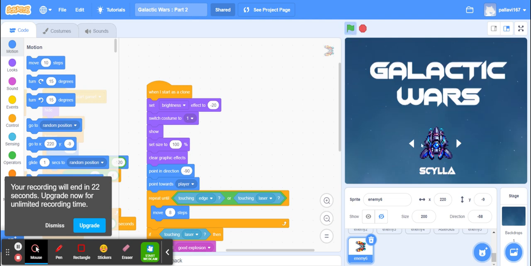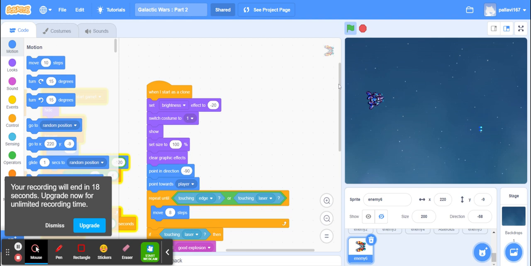And as I mentioned, there is this one enemy which will follow the direction of the player. So let me show that to you. Yeah, this one.